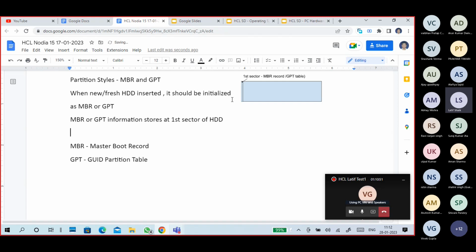That is the first thing. Another important piece of information is what it contains. The MBR or GPT records contain